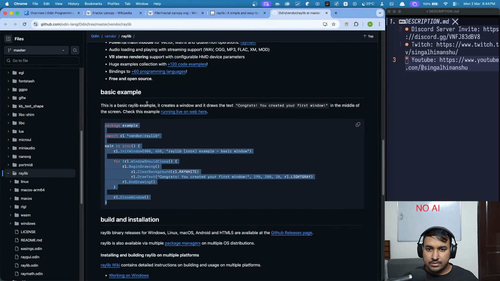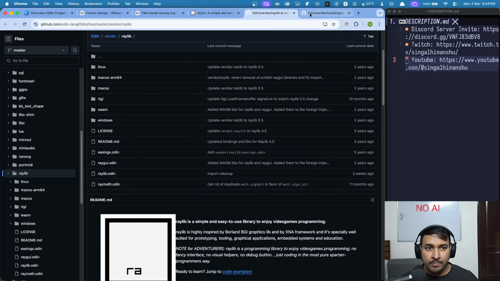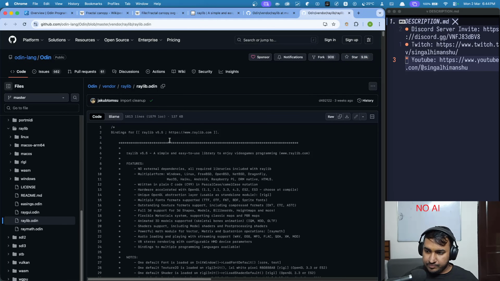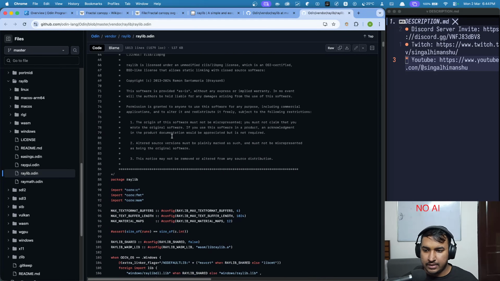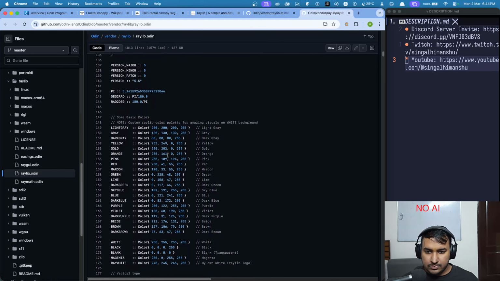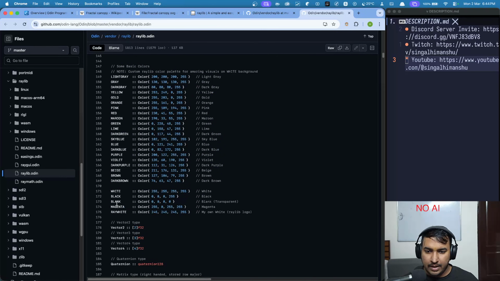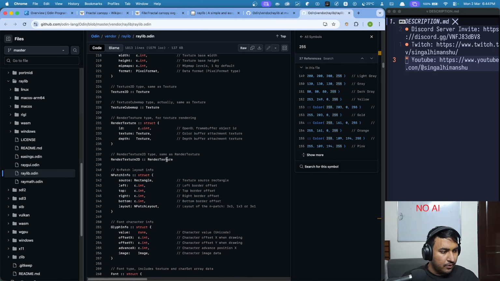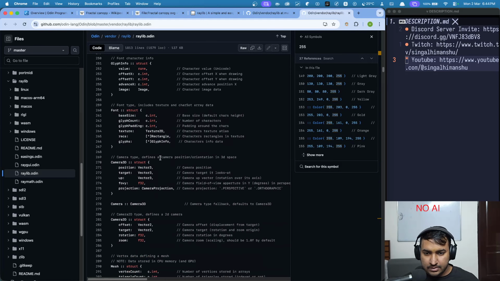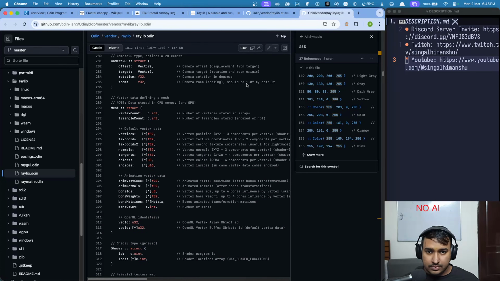One cool thing is you can go to this Odin file, raylib.odin, and you can look at all of the functions that this library basically provides. It provides a lot of colors. There is white, magenta, blank, black, and all of those. The cool thing is this sort of acts like documentation for this library, and you can do cool things from this. So what I want to see is for this method that we have,